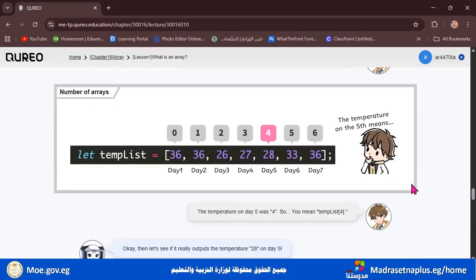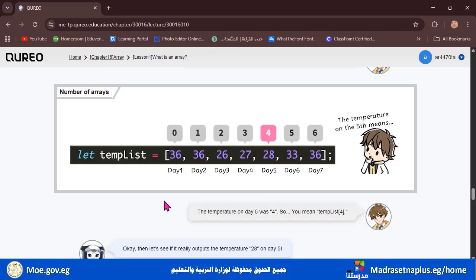We want day 5. Okay, so these are the days. Day 1, day 2, day 3, and day 4. So we want the value of day 5. How to write a program or how to retrieve it in a program through JavaScript? We write let temp list equal and open the square brackets and write 36, 36, 26, 27, write all the values.